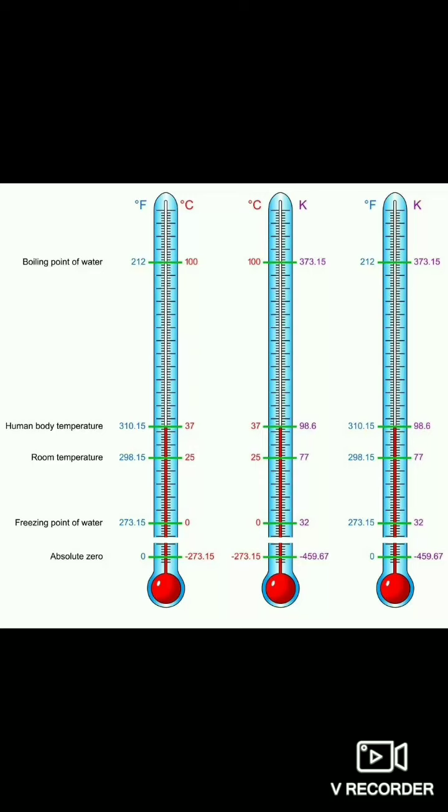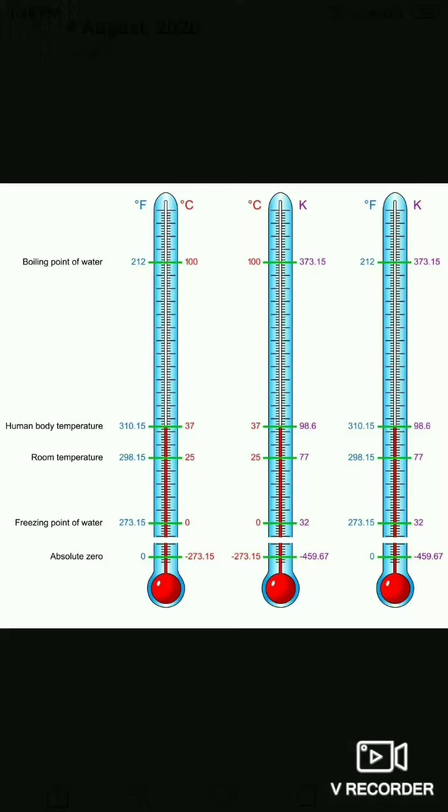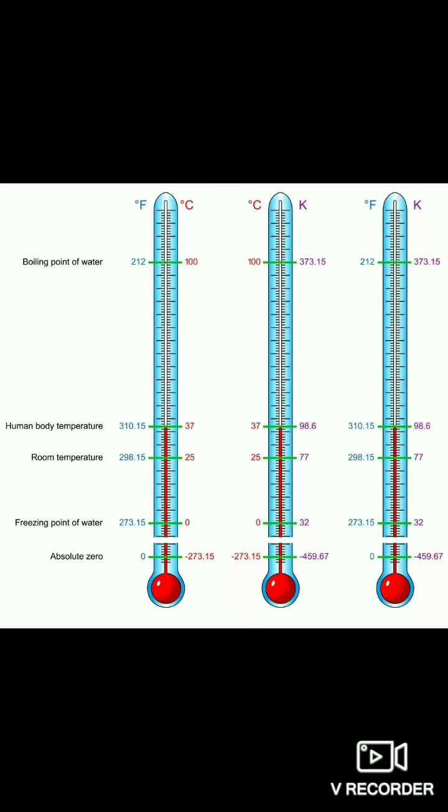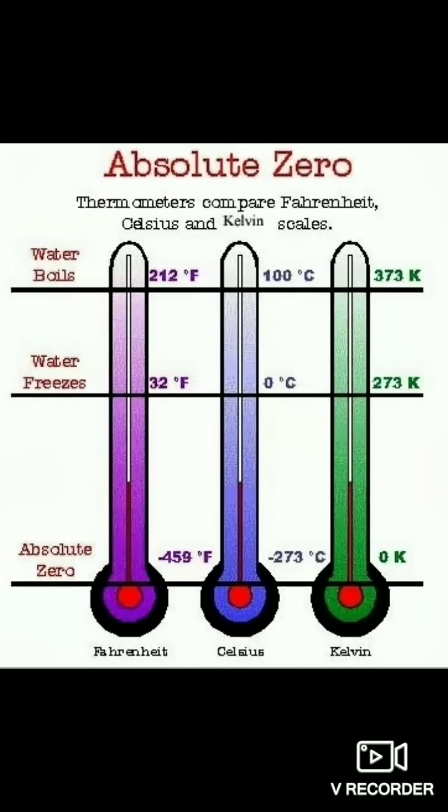Kelvin scale. In the Celsius scale, as you know, the lower fixed point is 0 and the upper fixed point is 100. In Fahrenheit, it starts from 32 degrees, that is the lower fixed point, and the upper fixed point is 212. And in Kelvin, it starts from 273 K, and the upper fixed point is 373 K. Now, let us know what the relationship between them is.